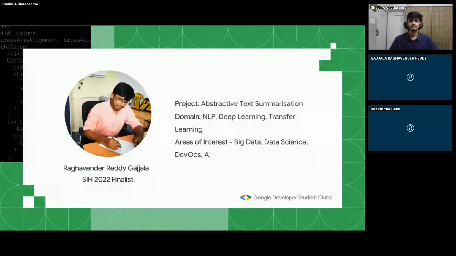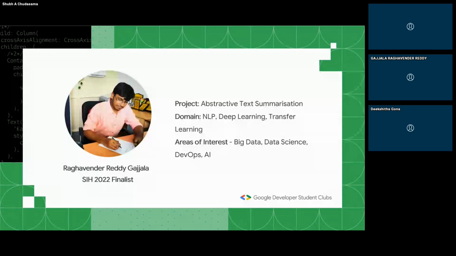Then in slide two, you have to include the abstract which is mentioned in the portal. When you open the SIH portal along with the problem statement, you will have the abstract of that project. So bring up that problem statement and include the abstract in the same slide. Make sure that you're not utilizing multiple slides for the introduction of the project. After that, in slides 3 and 4, you have to explain what exactly the problem is, not directly diving into the solution.